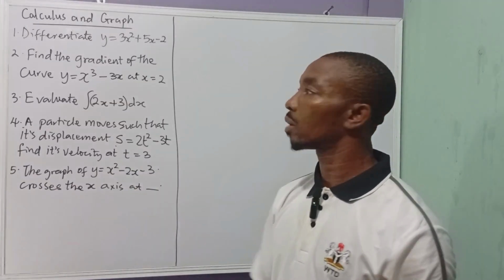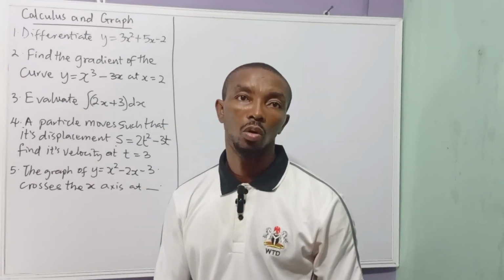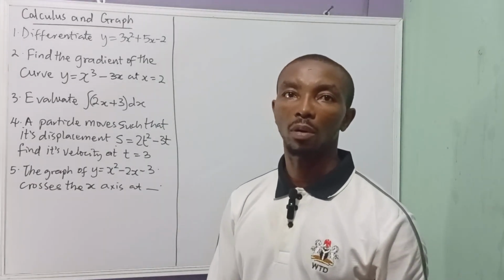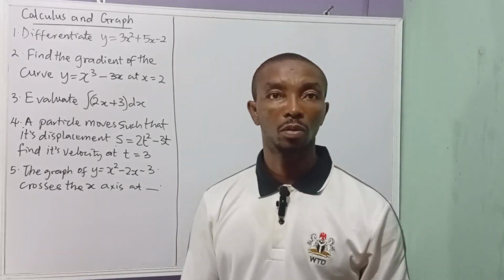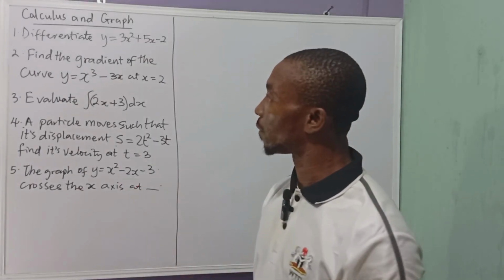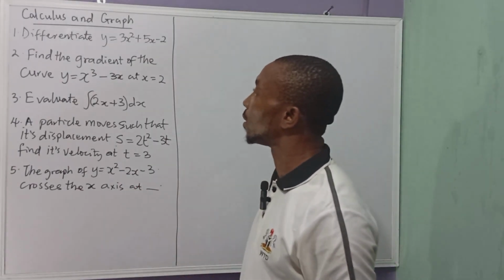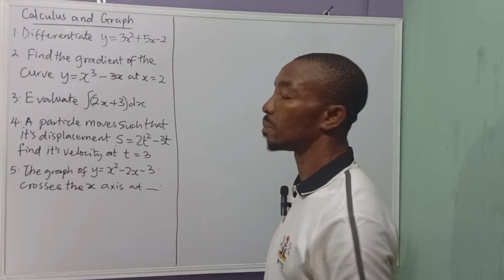Calculus and graphs are a short topic to come out in our exams, with a percentage rate of about 20%. Looking at our first question, it says differentiate y equals 3x squared plus 5x minus